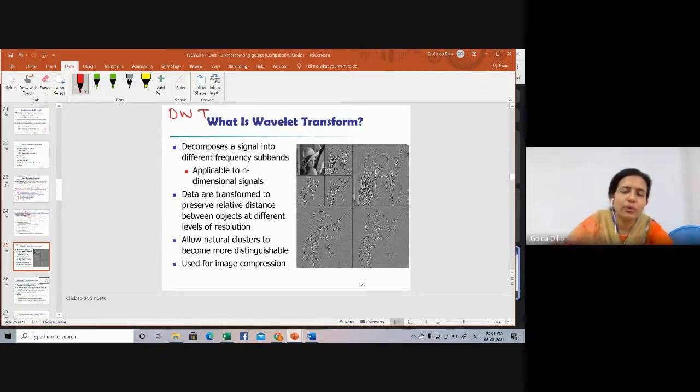Since we don't have a lab to demonstrate and understand it, I can just tell you theoretically as of now. After we complete the theory portions, maybe a little early, we can look into how to implement principal component analysis, wavelet transformation, all those things, with the help of Python. As of now, let's try to understand what it is.